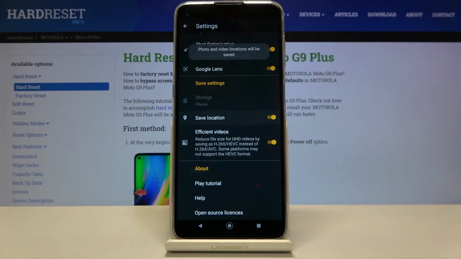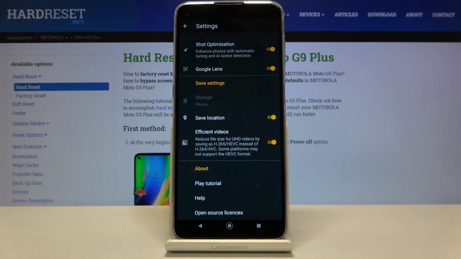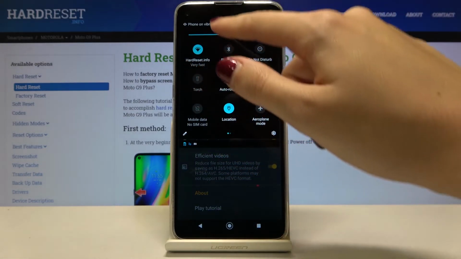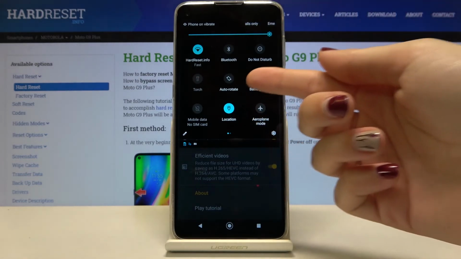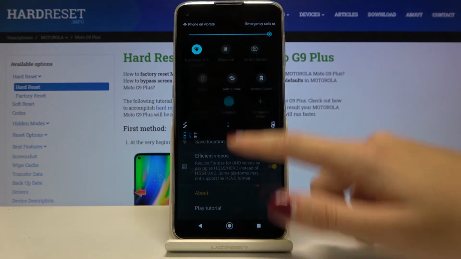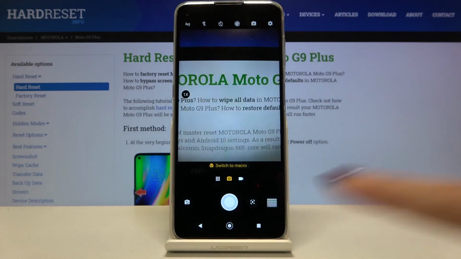And also the important information here is that to make it work correctly, when we want to save the actual location of our picture, we have to be connected with the internet, for example the Wi-Fi, and we have to turn on the location of this device, so remember about these two parameters to make it work. And now let me turn on all of these settings and let's go back to the camera to take